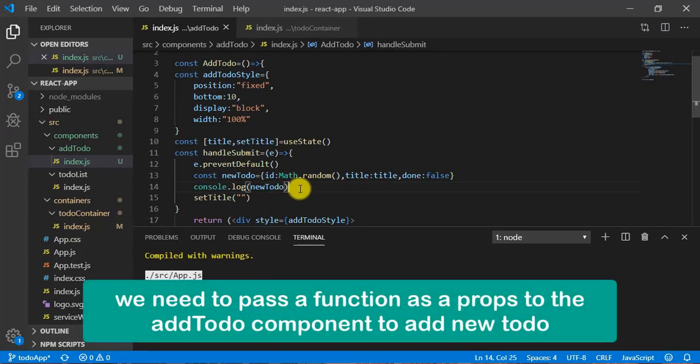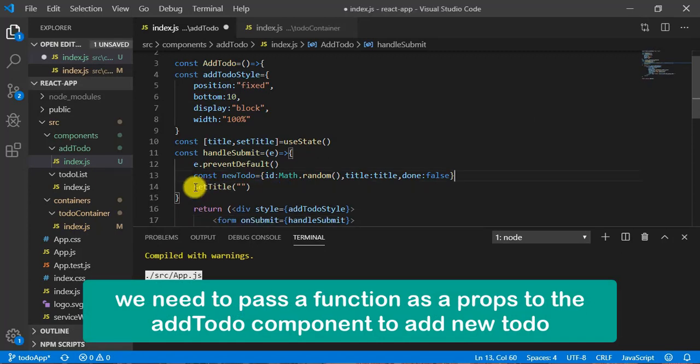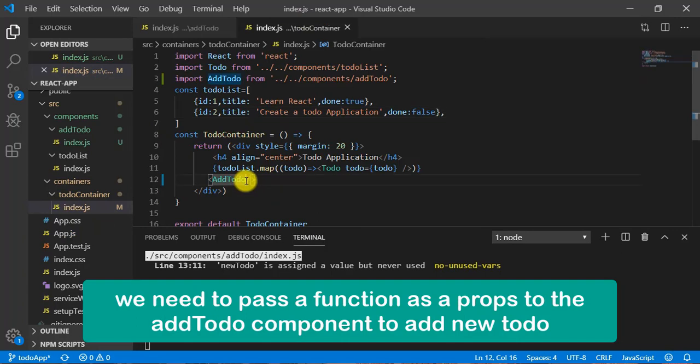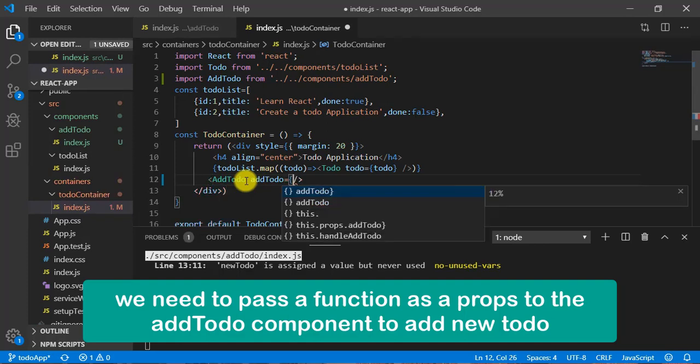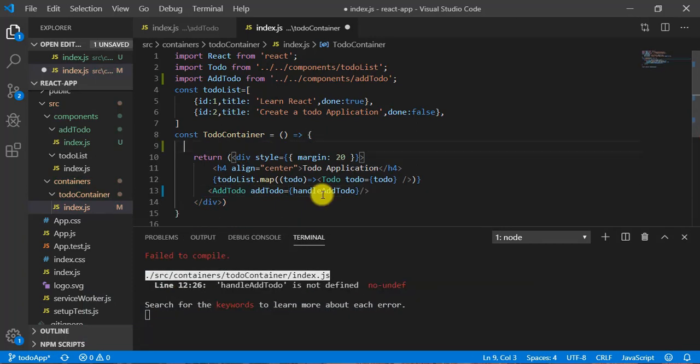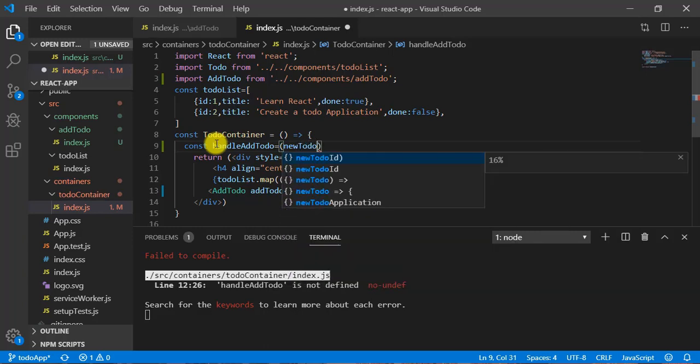Now we need to make a call to the parent function. So let's come here and pass a function from here. Let's call it addTodo, handleAddTodo. This function doesn't exist, so let's create it here. const handleAddTodo, and this function is going to take a parameter, newTodo.